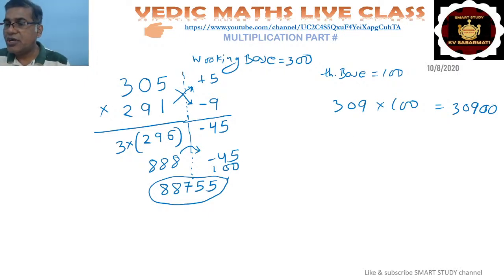If it is 100, then no method is required. But this method is only applicable to numbers which are near each other. For example, around 300: one number is 309 and one is 299, or 309 and 320, numbers which are near each other. Only for those can we apply it. If it is any other type of 3-digit number, then the process is different.